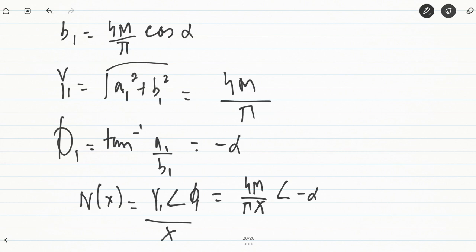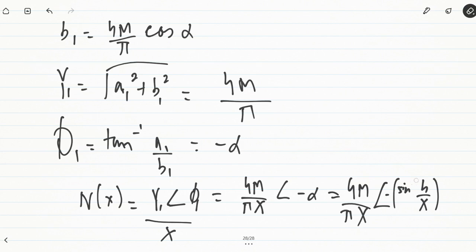We have already seen that alpha is equal to sine inverse of h by X. So this is the describing function of our hysteresis nonlinearity. So if we plot